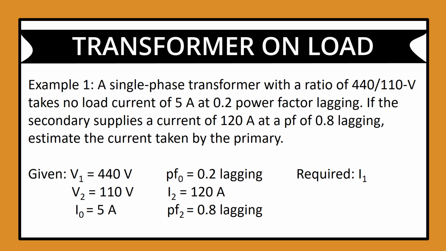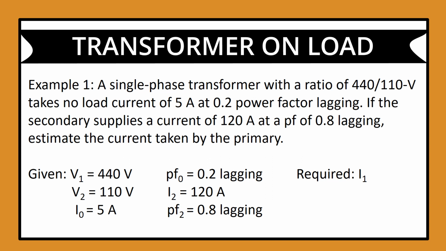So let's have problem number 1. A single-phase transformer with a ratio of 440 volts at the primary and 110 volts at the secondary takes no load current of 5 amperes at 0.2 power factor lagging. If the secondary supplies a current of 120 amperes at a power factor of 0.8 lagging, estimate the current taken